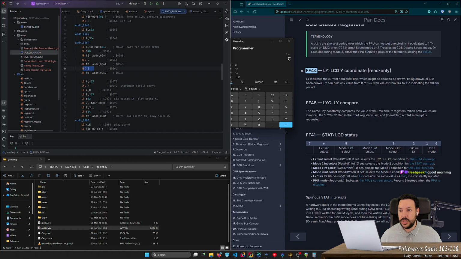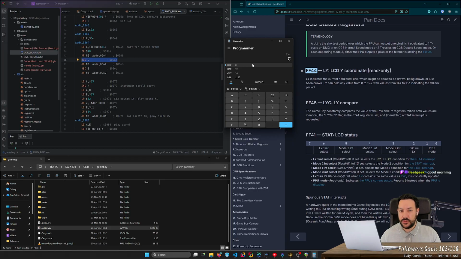And then E is 02. So it's 0C times 02. I mean, this is just 24, isn't it? So it tries to run this for, okay, confused already.